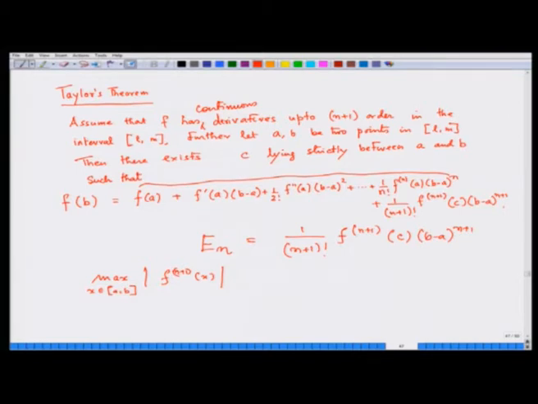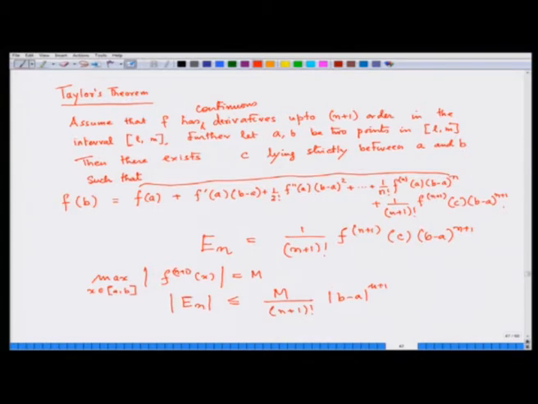So this bound is, say, M. So you can say that the error E_n is bounded by M over (n plus 1) factorial into mod b minus a to the power n plus 1. So the error can also be shown to be bounded in this particular case, and that is very, very important,